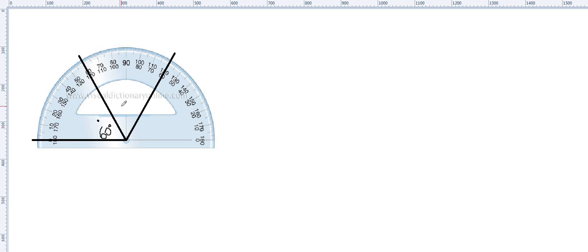Now I also want to figure out the measure of this angle right here. That's going to be a little bit more tricky, because I know that up to this point I'm at 60 degrees. Now I'm going to keep on going on those top numbers. I started on the top number, so I'm going to keep going until I get to that next line. That line is now at 120 degrees. What that means is that this angle, this huge angle right here, is 120 degrees. That huge angle. Now I just want